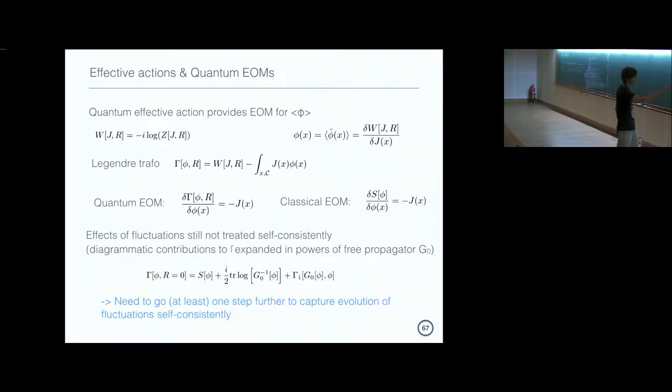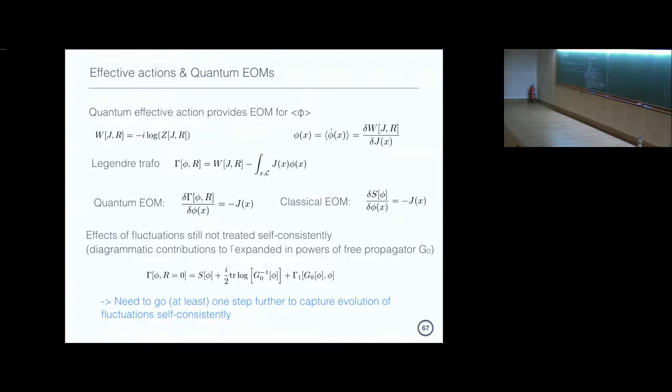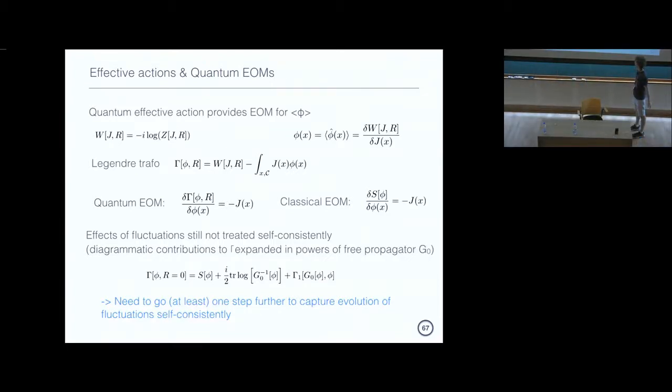If you set this 2-point source to 0 for the moment, and I need that a little later, then this quantum effective action will be given by the classical action. Then there's the one loop correction. That's again something that Rob also had in his analysis. And then the higher order terms, so this I think is the 1PI effective action, contain the loop diagrams, which are formulated in terms of the scalar field, which is self-consistently determined from the equations of motion.